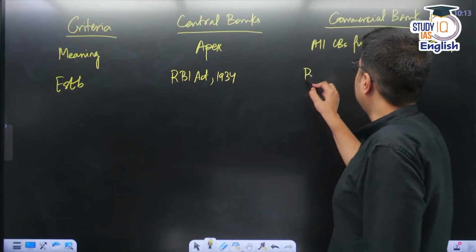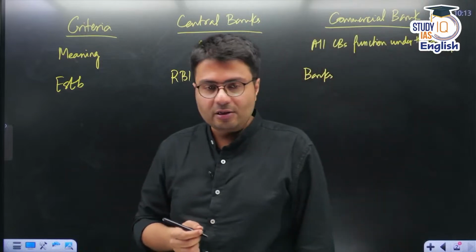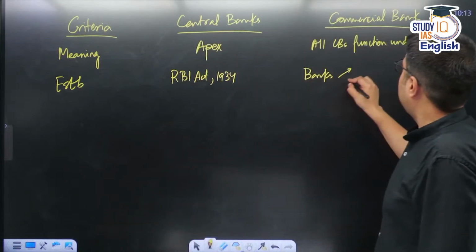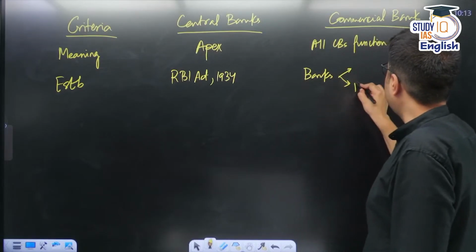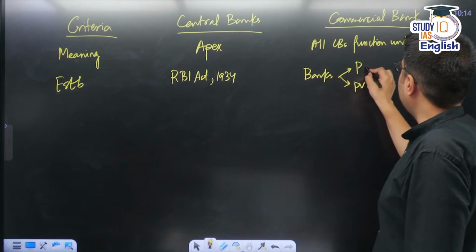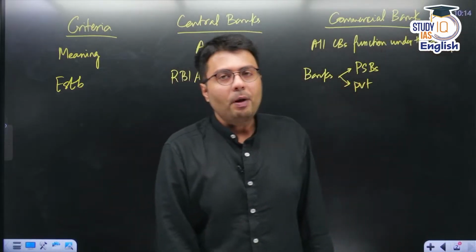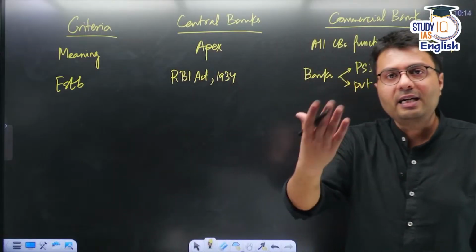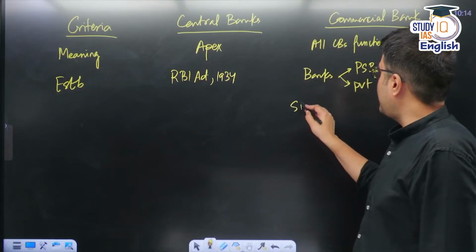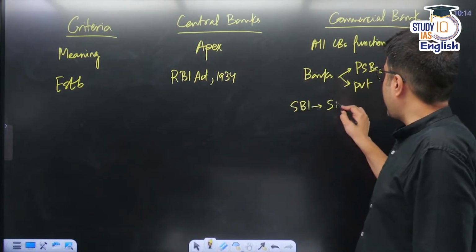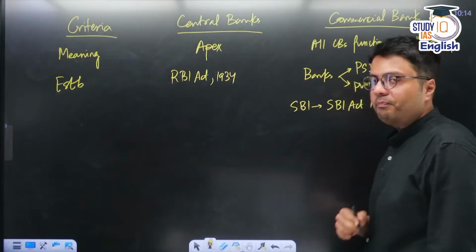Similarly, banks in India continue to be set up based on different acts. For example, commercial banks in India, as you must know, are divided into two categories. First are private sector banks. Second are those owned by the government, known as public sector banks. And public sector banks are set up based on an act passed by the Indian Parliament. For example, SBI was formed due to an act passed by the Indian Parliament, the SBI Act of the year 1955.